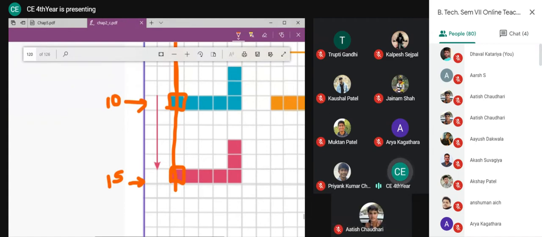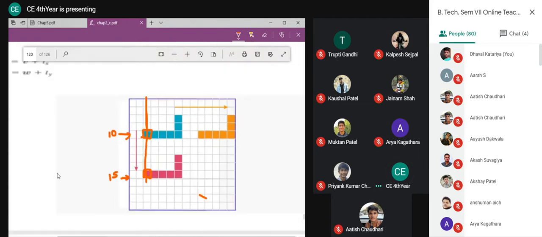Same way, if you check for this coordinate direction, x coordinates are as they are, y coordinates are shifted. Whatever the y coordinate was here, now it is shifted. So every y coordinate is shifted by some amount. And if you shift your shape here, x and y both coordinates will get added.